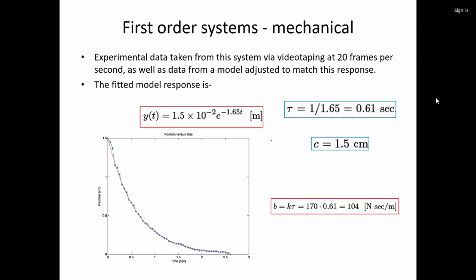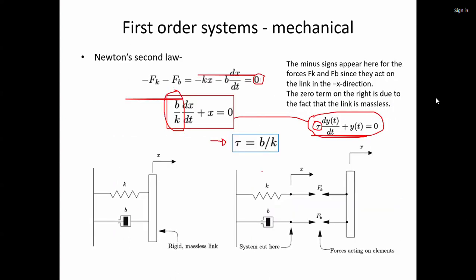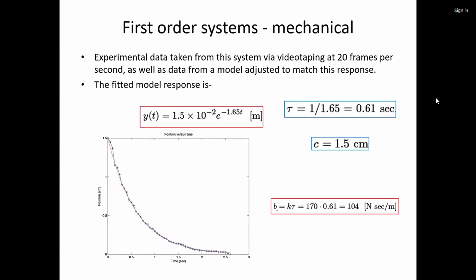And for a given dashpot, you can also find what is the value of B. So B is basically here. B is K into tau. So you can estimate B will be equal to K into tau, which is this. So this is a specific example. But what is important to understand is this characteristic curve here. Okay. So you can see that